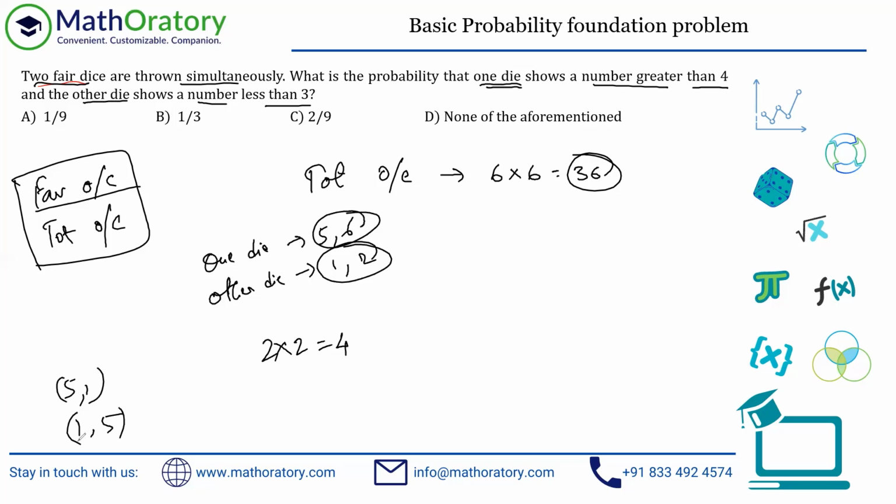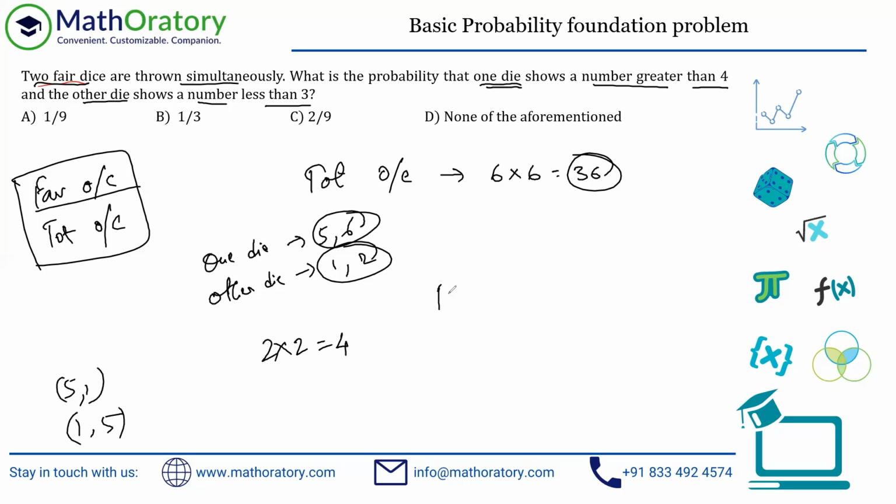You might be pondering in these kinds of cases when to consider this and when not to. Just think about the total outcomes. What did you do? You counted 6 into 6, a total of 36 outcomes, right? When you're doing 6 into 6, you are counting 5 for this and 1 for this, as well as 1 for this and 5 for this. You are counting these two cases differently in the total outcomes, right? So if you're doing this in the total outcomes, you should do that in the favorable outcomes as well.